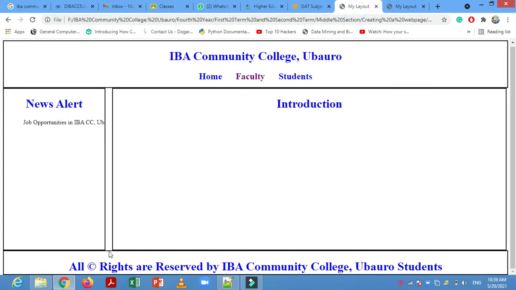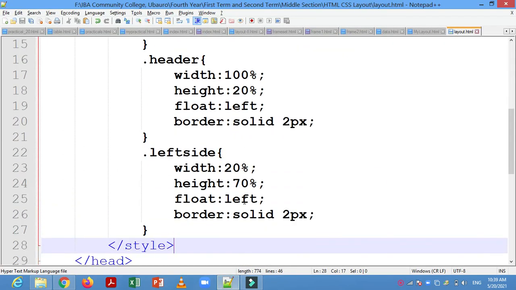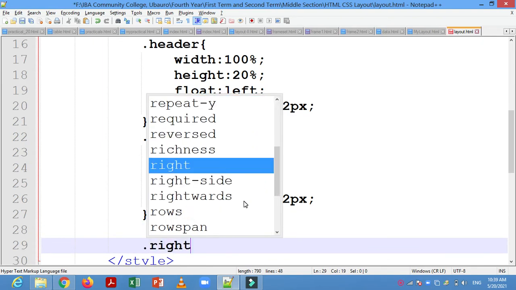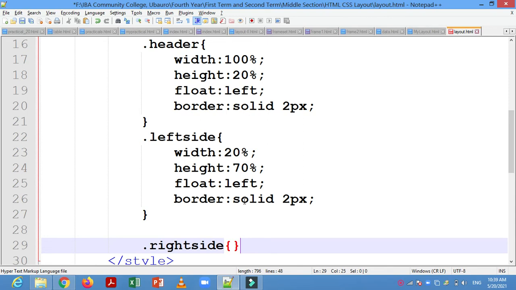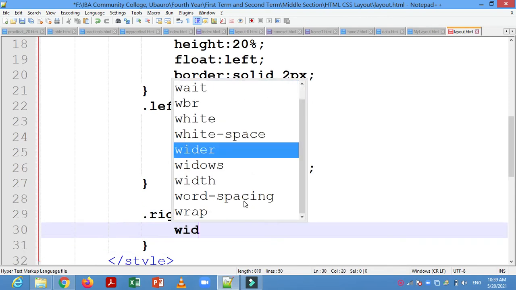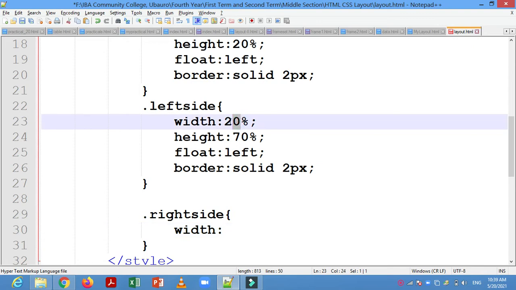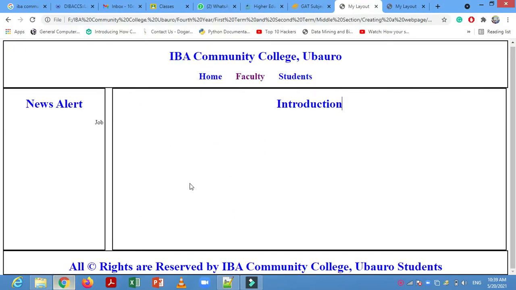We have to create this one. So for this what we have to do, we have to create a right side. For right side you have to write down right side or whatever, you can give any name. Width should be 20% width and remaining is 80%. So I will give 79% or 78%. Why? Because from here you can see there is a gap, so for this reason I want to give the 78% or 79%. You can give 80%, so left side will be merged with the right side, means there will be no space.